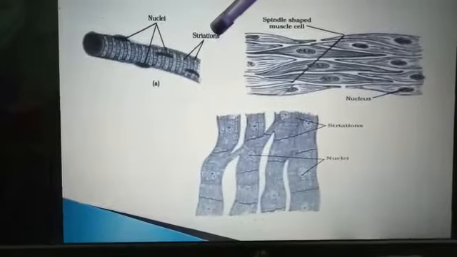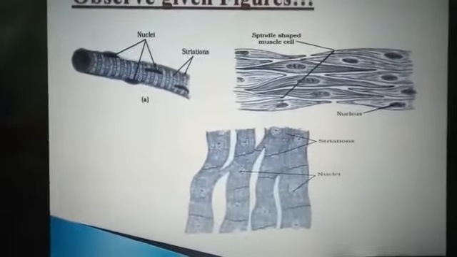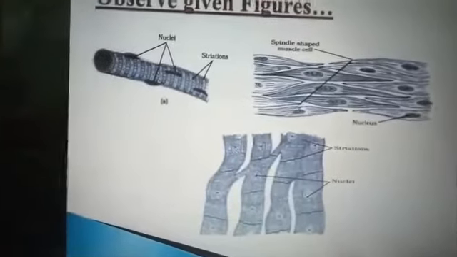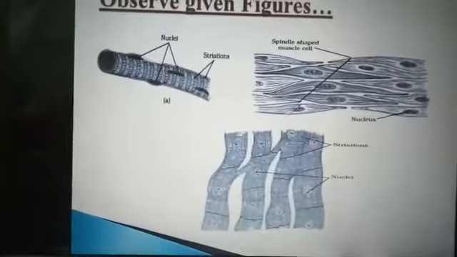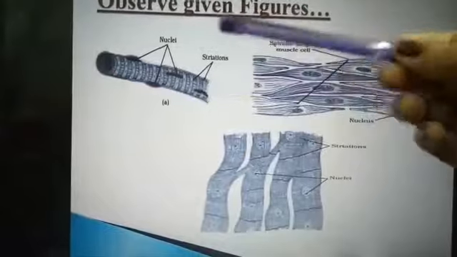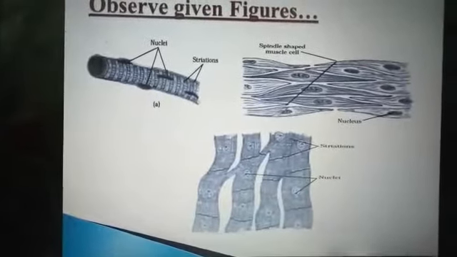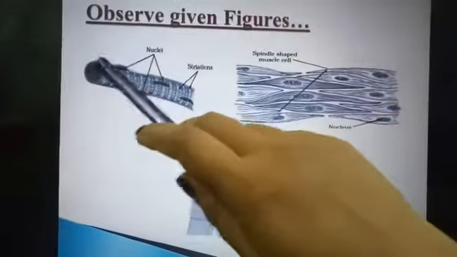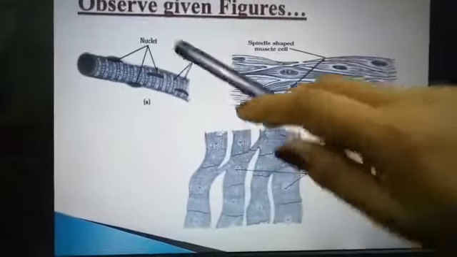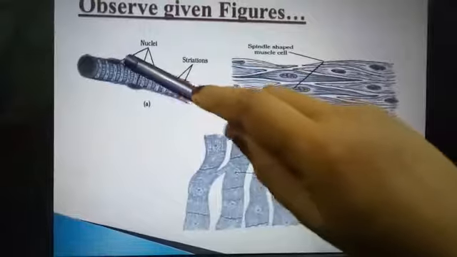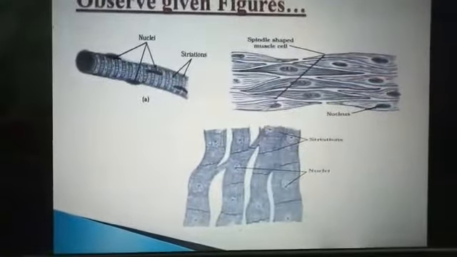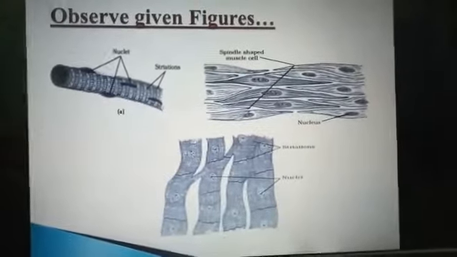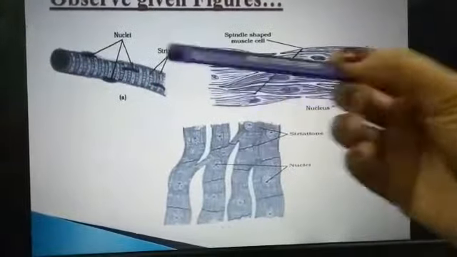Just look here, written here, striation means धारियाँ, right? जैसे आप गिलहरी के ऊपर देखते हो धारियाँ, in the same manner there are dark and light bands, so it appears like striation. And here you are observing what type of shape it is. It is long, cylindrical, and there is presence of nuclei. It is multinucleate. Multinucleate condition means many nuclei are present on the surface, right?